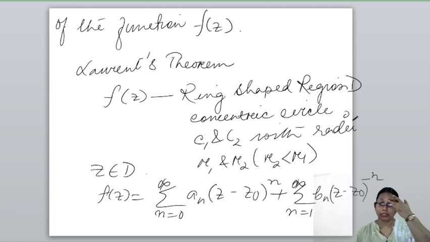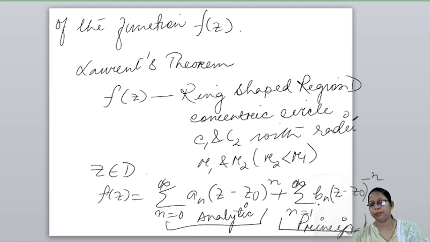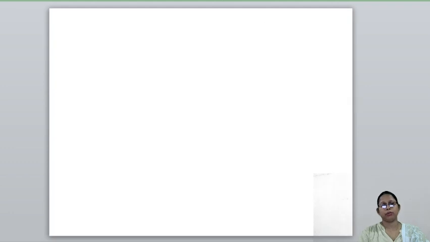Here this part is known as the principal part, and this part is known as the analytic part. If the principal part contains infinite number of terms, then z equal to z naught is called an isolated essential singularity of the function f(z). For example,